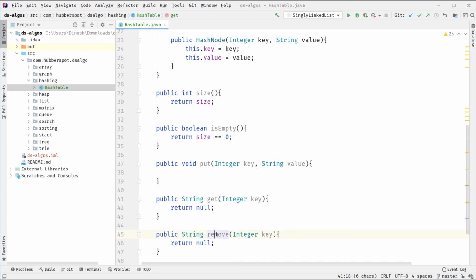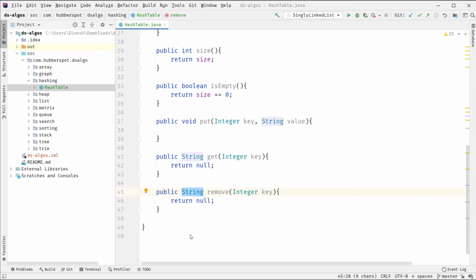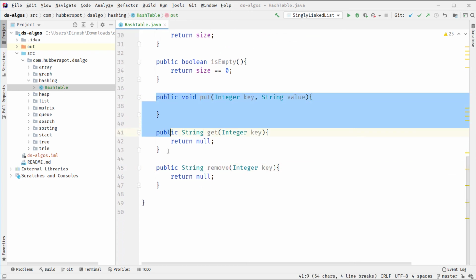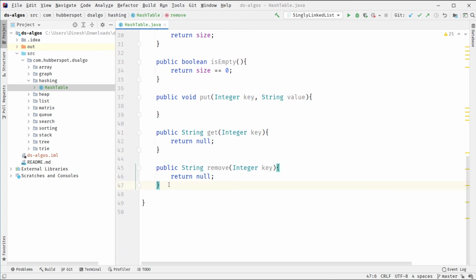But when we do remove, that key value pair is completely removed from the hash table and its corresponding value is returned. So these are the three main operations performed by hash table, and all these three methods have a time complexity of O(1), which is the average time complexity of a hash table.